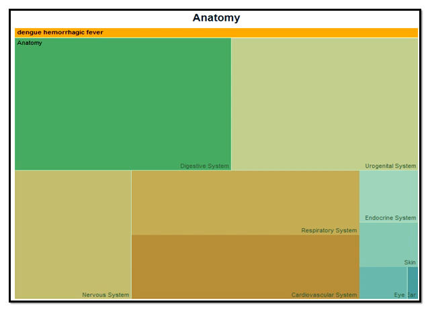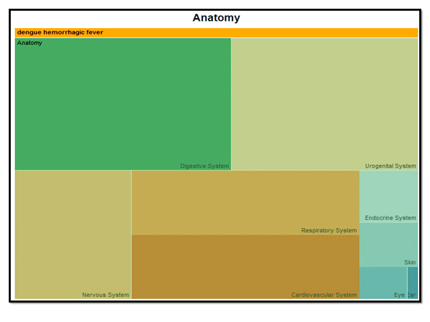You can see the number of articles restricted to the region of the digestive system and the number of articles restricted to the ear. You can see how many articles were grouped into these sections. Just by looking at the size of the large square or rectangle, you can understand that most of the articles published were grouped under digestive system. It was exploring one or the other part of the digestive system, and the second largest is respiratory system, urogenital system, and then your nervous system, and then comes your respiratory system.